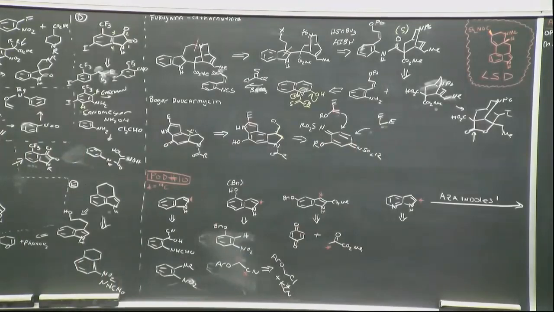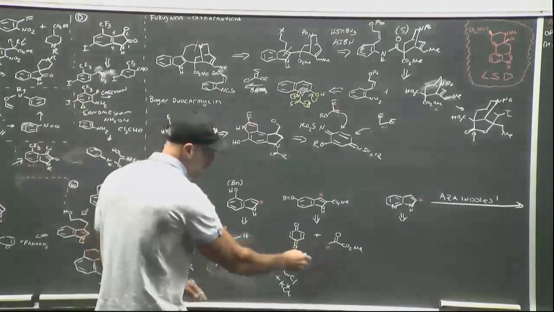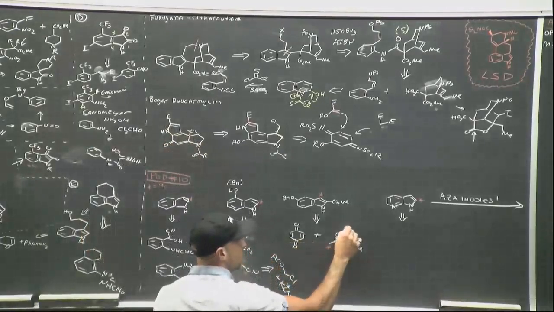And there are ways of making that thing. It's a little bit more pricey, but it's a reasonable disconnection. It's just a very expensive disconnection. How do you think they would make it? You would just take this compound. This would just come from